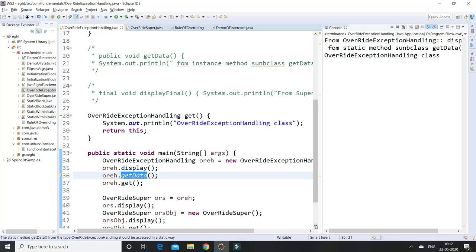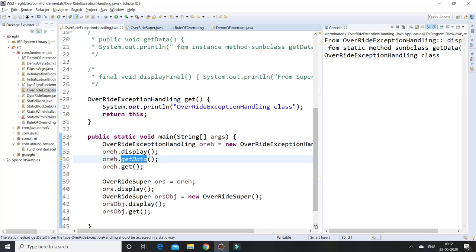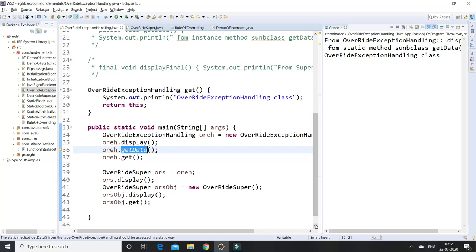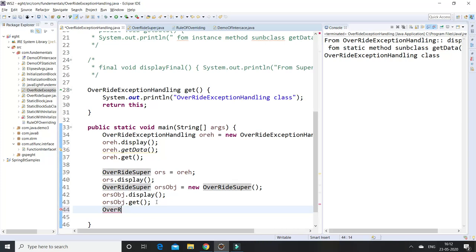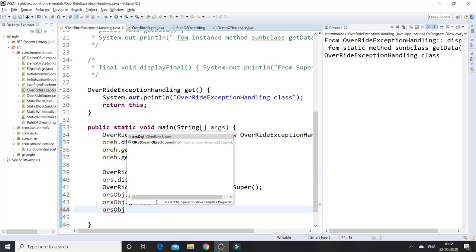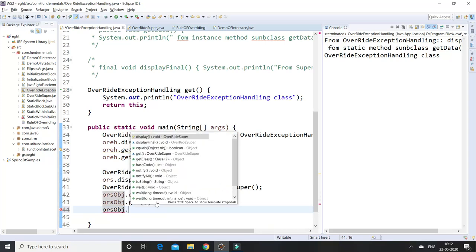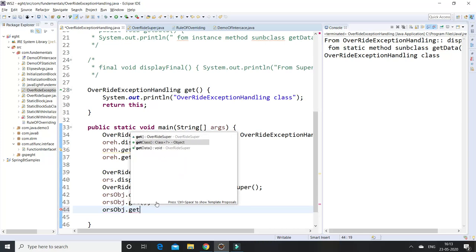If I call it using a subclass reference with superclass, which method will it call? Here I am creating the superclass object and getData.